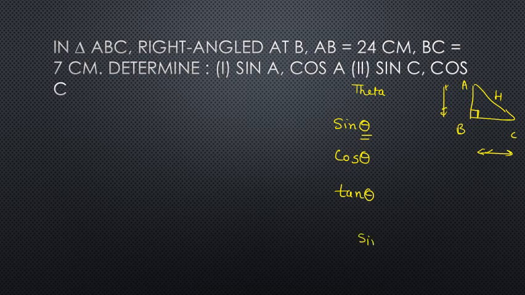Let's say you have to find out the value of sine C. So your angle is C. Your perpendicular will be the side opposite to that angle, right? So what we have is AB. AB will be your perpendicular as far as sine C is concerned. Whereas if you have to find sine A, for example, now A is your angle, and opposite to it is the side BC. This will become your perpendicular, and then the other side will automatically become the base, right?